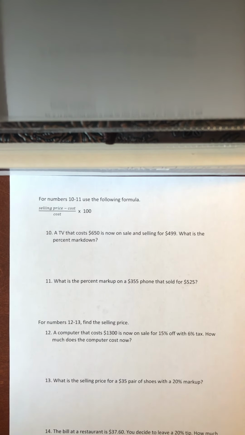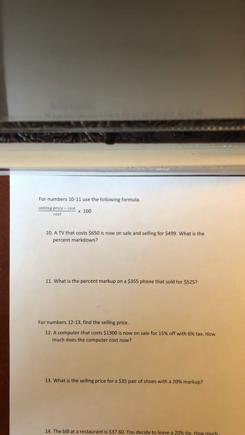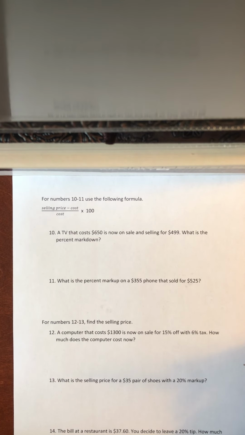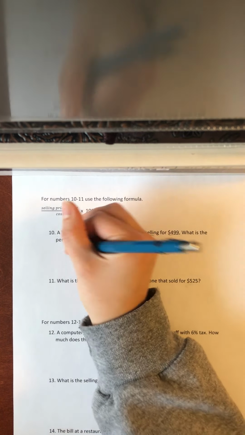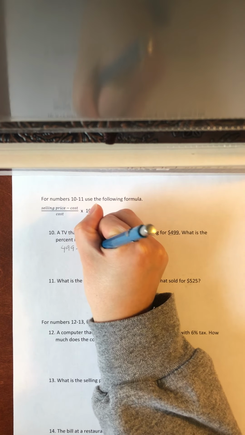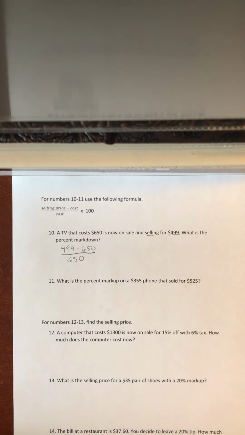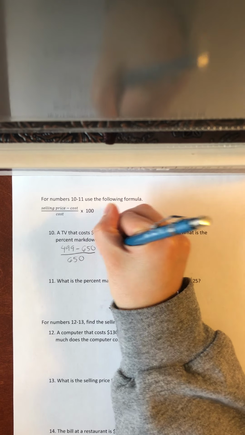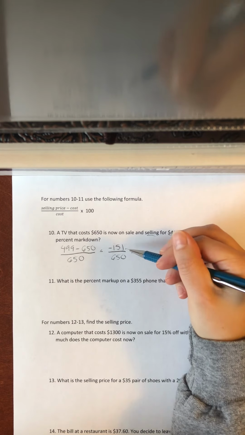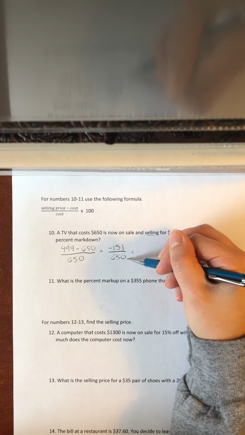Next, a TV that cost $650 is now on sale and selling for $499. What is the percent markdown? So for numbers 10 through 11, we're using the formula selling price minus cost divided by cost times 100. So selling price, it's sold for $499 minus the cost, which was $650, over the cost, which is $650. $499 minus $650 is negative $151 over $650. If you do 151 divided by 650 in your calculator, you will get